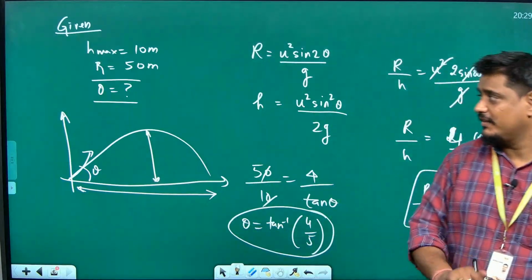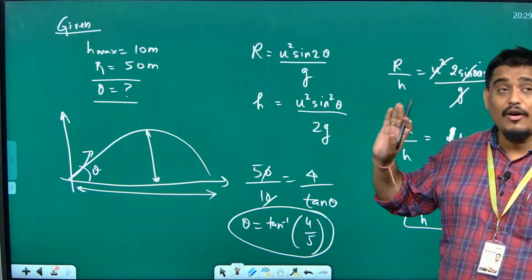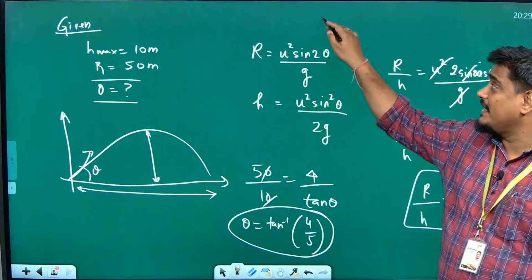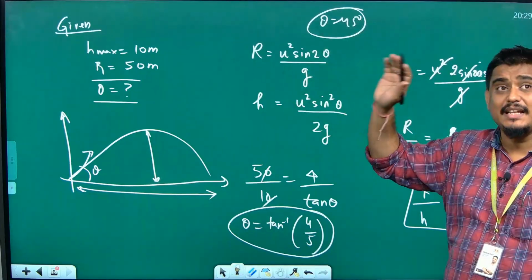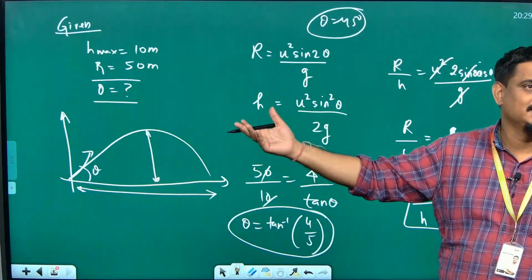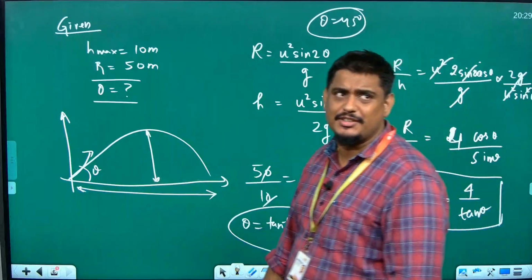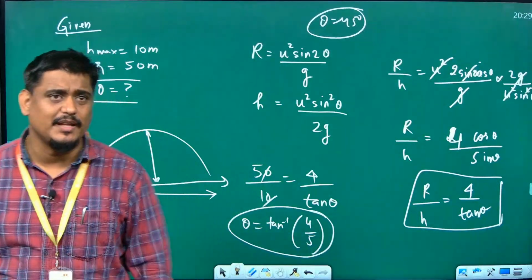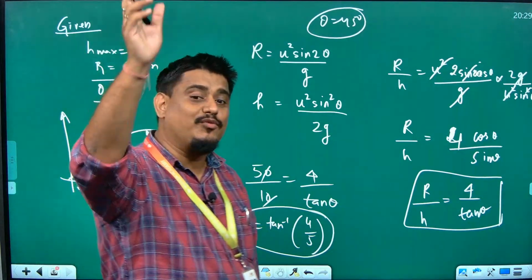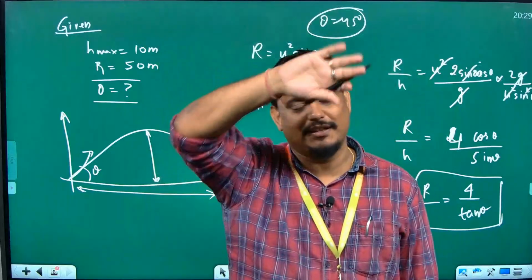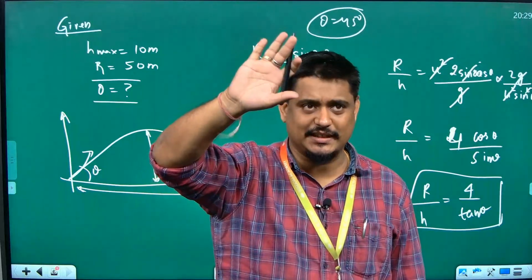See, listen, man. For maximum range, theta must be 45 degree, correct? But maximum range here means the range values are maximum, not the formula of maximum range. Are you getting my point, Krishna? At which angle shall I throw so that the value of range is maximum? That is a different thing. What you are saying is correct.